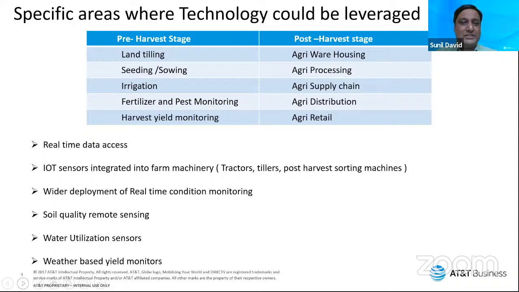You could have sensors that can connect on fields where you can actually sense the moisture level, the nutrient level in soil, because obviously the quality of soil would determine how much seed to sow, how much water to be used, etc. Water utilization sensors, and I think we are seeing a lot of use cases. I'm going to talk about this in my subsequent slides, but the fact being that today, agriculture consumes a lot of water, right? Especially if you look at paddy cultivation, a humongous amount of water is used. I can share very briefly about what we did